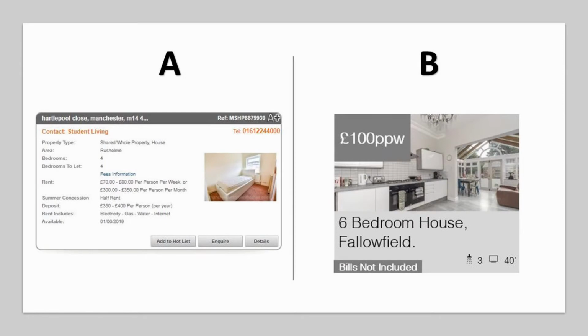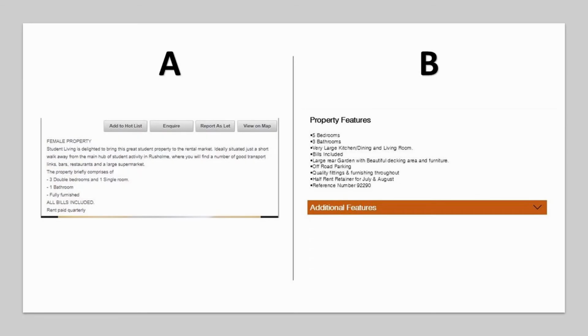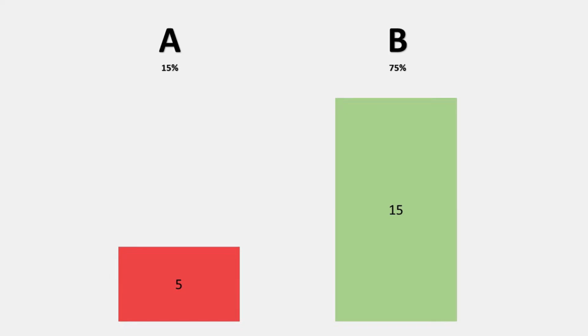The next test focuses on the aesthetics and visual appearance of the house listings, A being the old design and B being the new. A huge 95% of participants preferred the new design, something I will certainly be incorporating into my new design and recommendations. The seventh feature focuses on the font and appearance of the copy displayed on the house listings, with B being the new design made. 15 out of 20 respondents fed back saying they much prefer the new design, which is